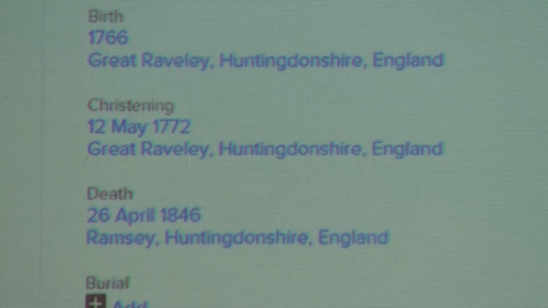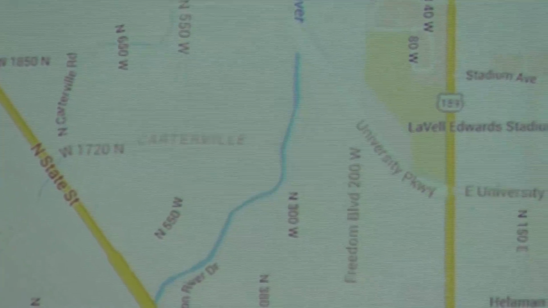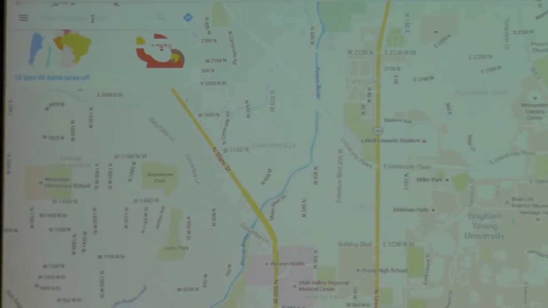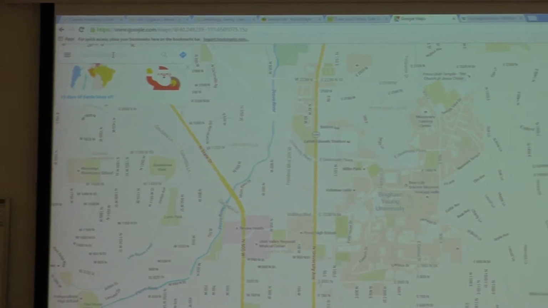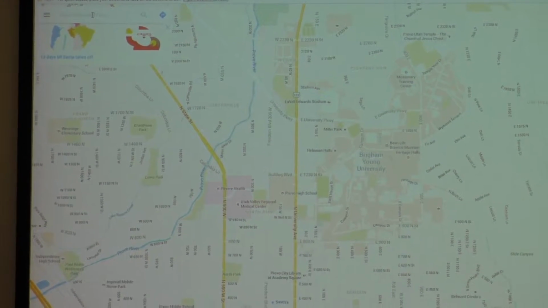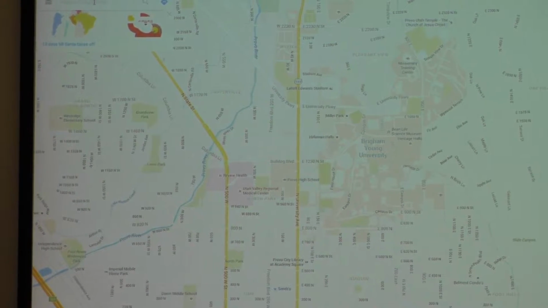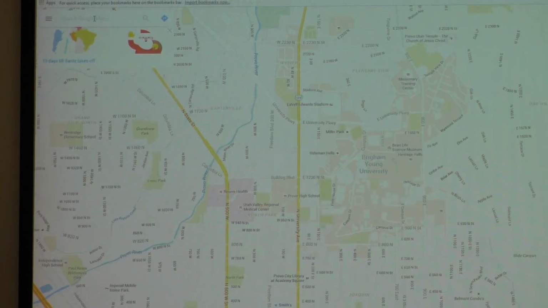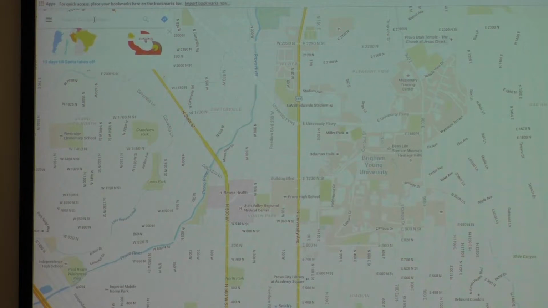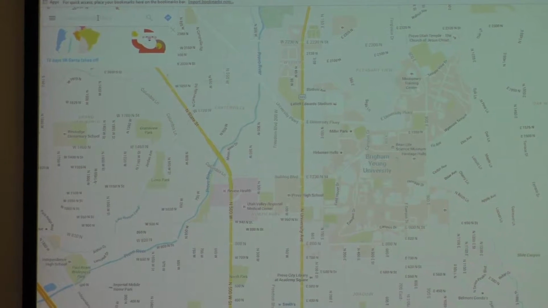Okay, so what did I do? Well, I went into Google Maps, and Google Maps is always helpful like this. It's the same one you'd use to find your friend's house in Pleasant Grove, or a store in Salt Lake, or a doctor's office. So you're going to go in here and put in addresses. I'm going to start here and put in Ramsey,